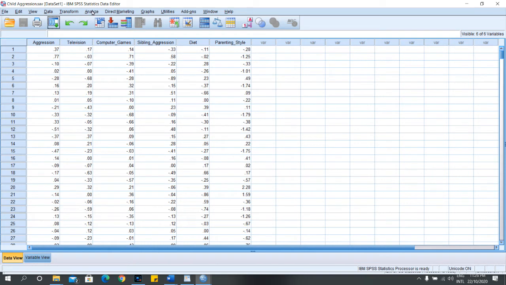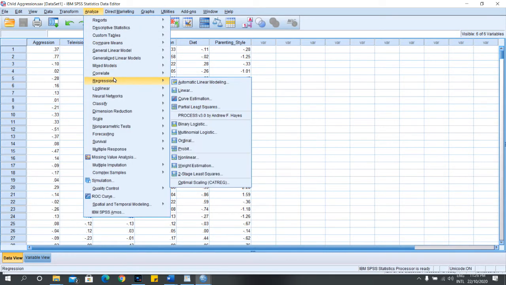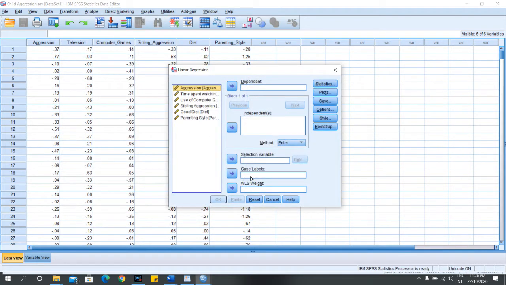We have to analyze the data by using multiple regression. So first we will go to analyze and then regression and then we select linear regression. In linear regression, as we have dependent and independent variables, our dependent variable is aggression, so we put aggression as the dependent and